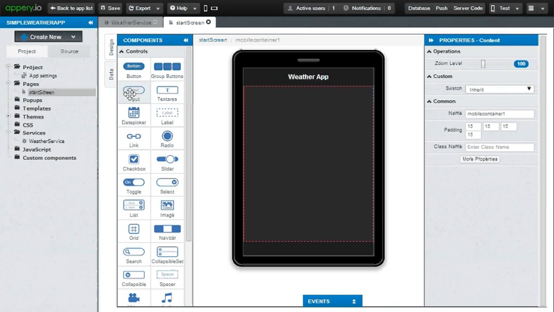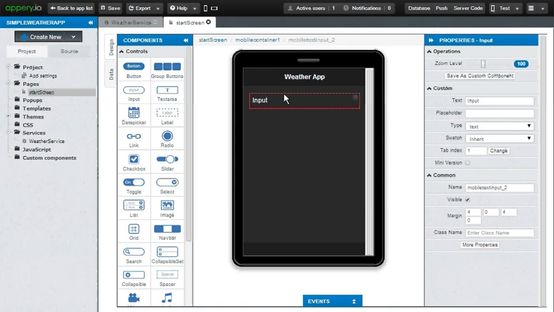First thing I'll grab an input widget, which is similar to a text box. I'll just drag it over and put that in. Now this input that you see is the default text. We'll change that to something that we already tried out in the test. I'll have this as Woodbridge, New Jersey. Great.